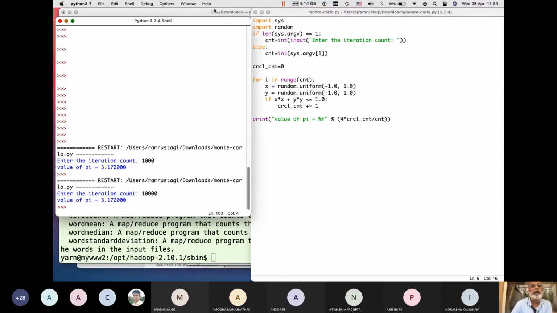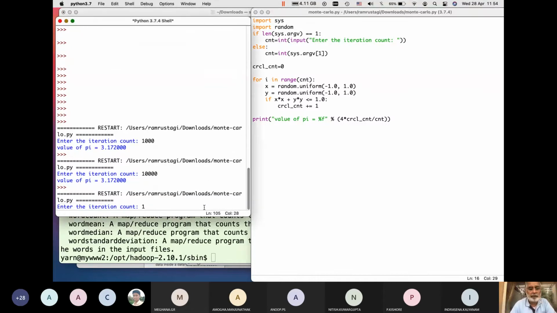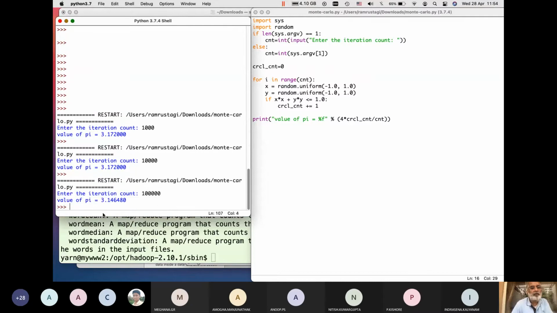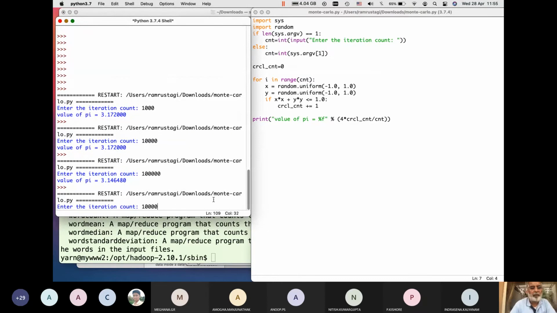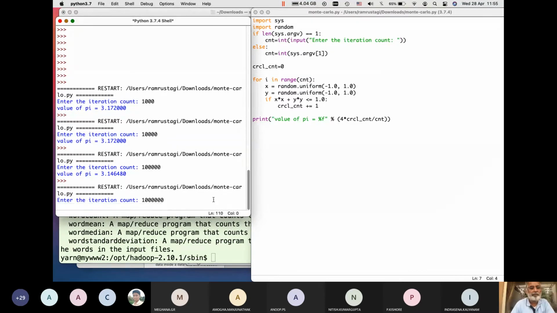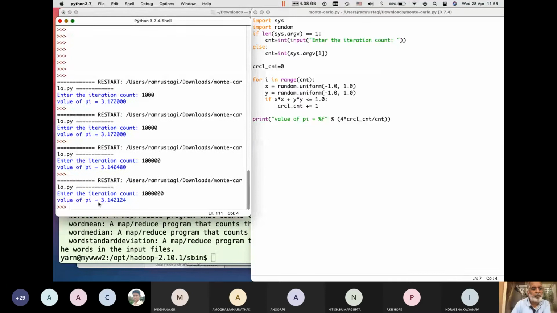Let's run with more points, 100,000 points. You're getting a value of 3.1464. We're getting closer. Let's run one more time with, let's say, 1 million points. You get 3.14. So you see, if you run with a larger number of points,